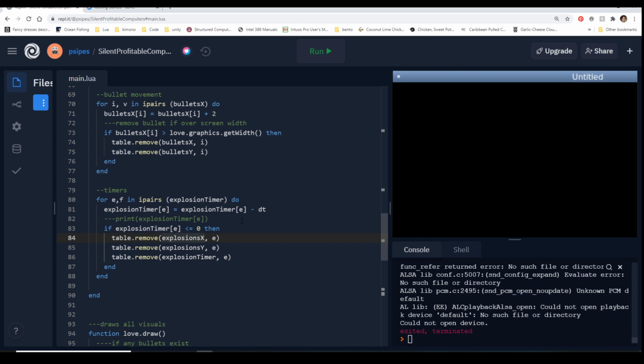Are there better ways to make a timer? Yes. And are the more complicated ones done more complicated for a reason? Yes. Does this 100% work for what you need it to do? Yeah. Does this make more sense than things that have lots of dot operators and other variables? Usually, yeah.